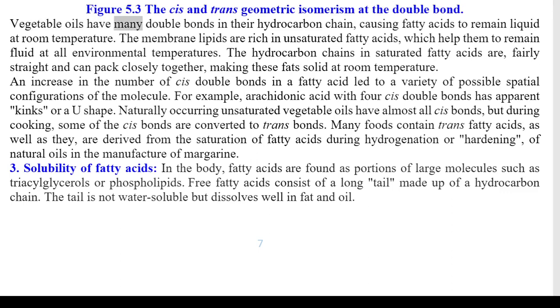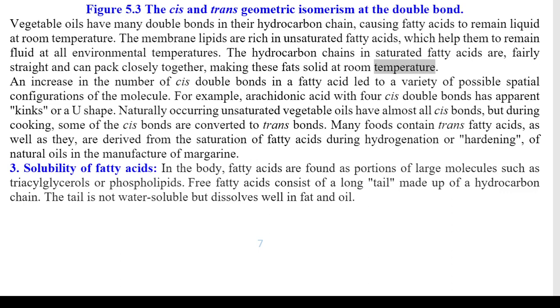Vegetable oils have many double bonds in their hydrocarbon chain, causing fatty acids to remain liquid at room temperature. The membrane lipids are rich in unsaturated fatty acids, which help them to remain fluid at all environmental temperatures. The hydrocarbon chains in saturated fatty acids are fairly straight and can pack closely together, making these fats solid at